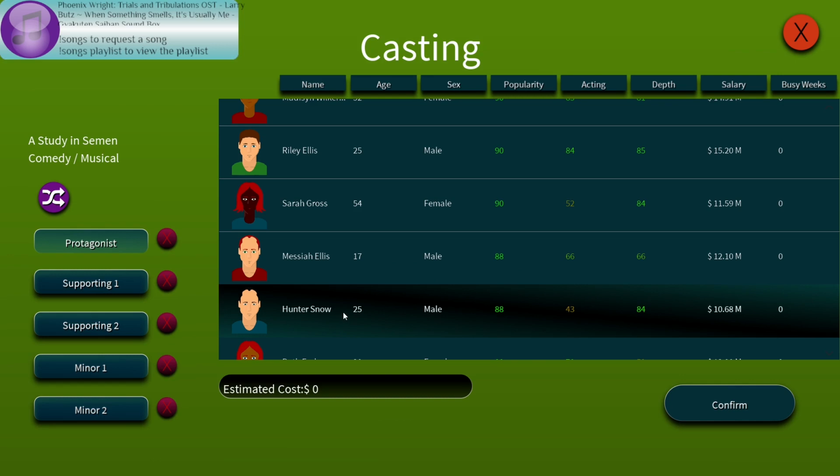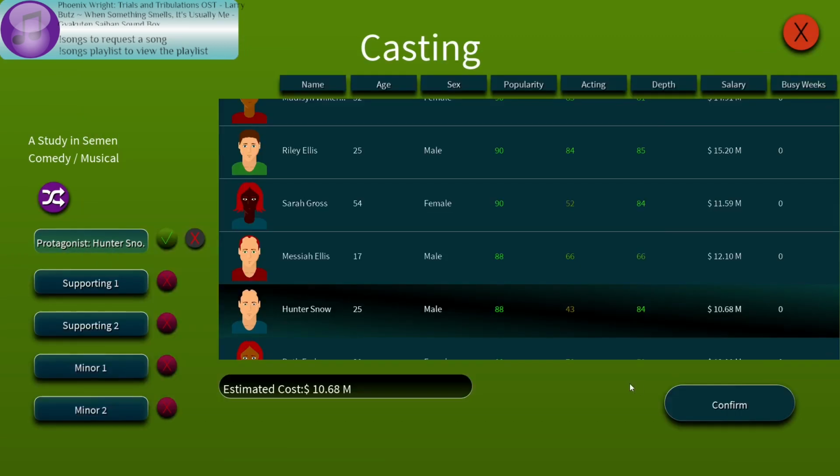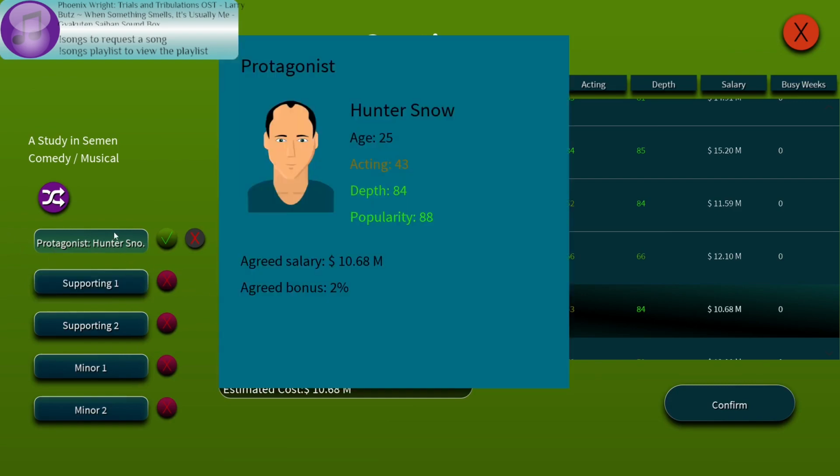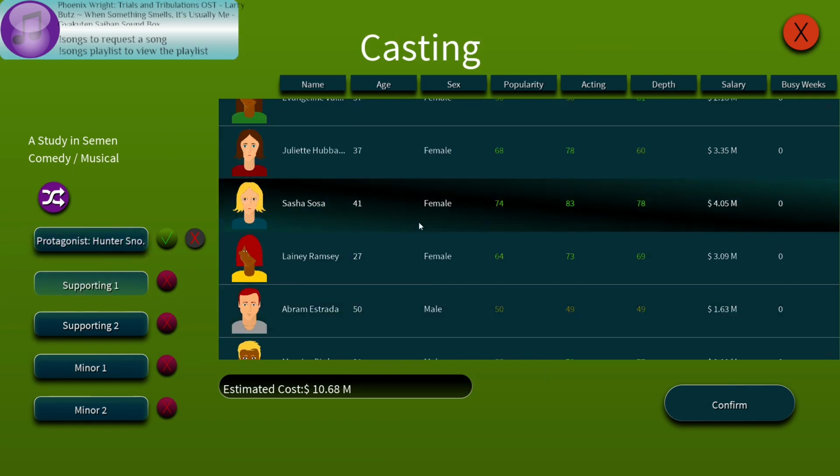You know what? Hunter Snow, he seems like... Yes, let's have our highly sexual Sherlock Holmes be this man with a massively receded hairline and, at best, middling acting skills.